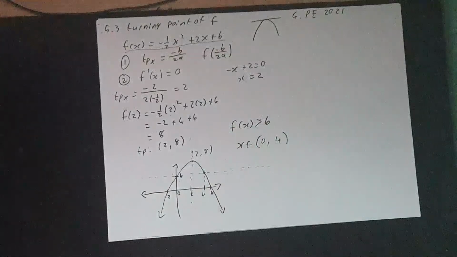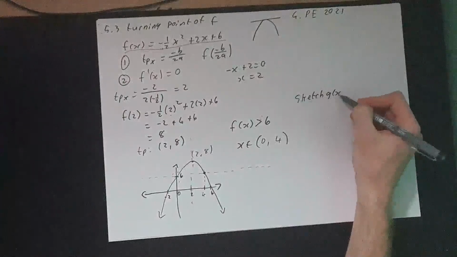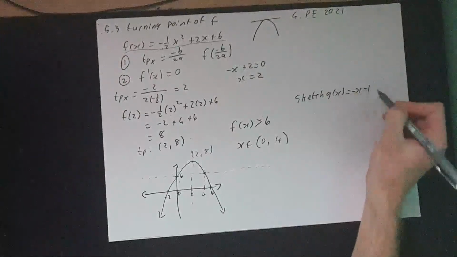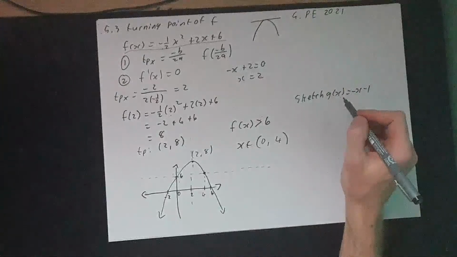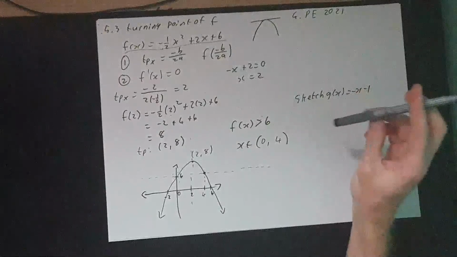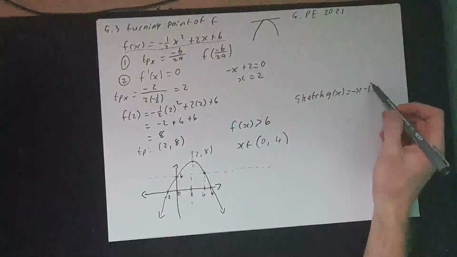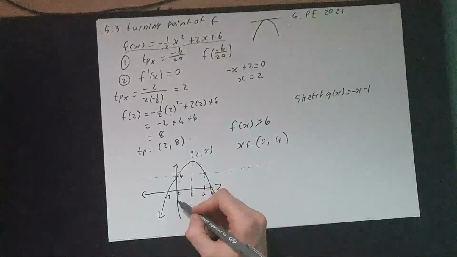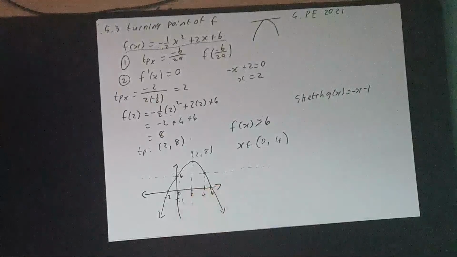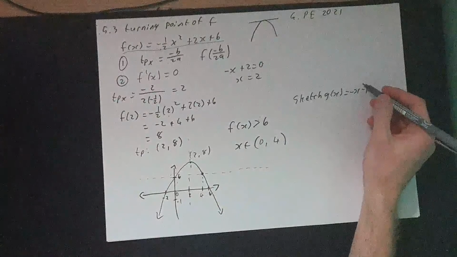Then it asks, sketch the graph of g of x. So now we're going to sketch g of x, which equals minus x minus 1, on the same set of axes as the graph of f in question 5.4. Clearly indicate all the intercepts. So we've got a negative gradient, and it cuts the y-axis at negative 1. So essentially here's negative 1. It's got a negative gradient, so where's it going to cut the